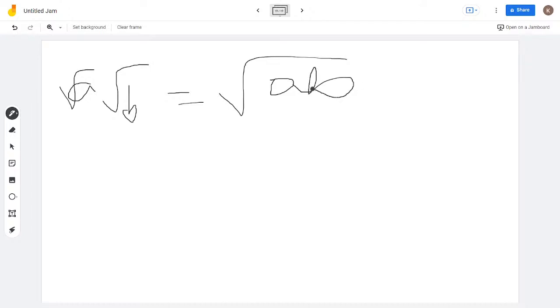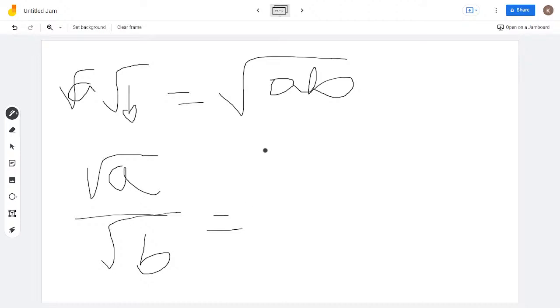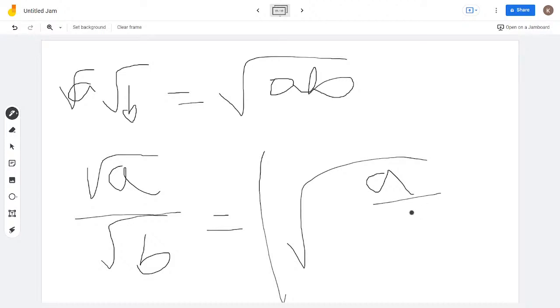Okay, also root of a divided by root of b is the whole root of a by b. Okay,